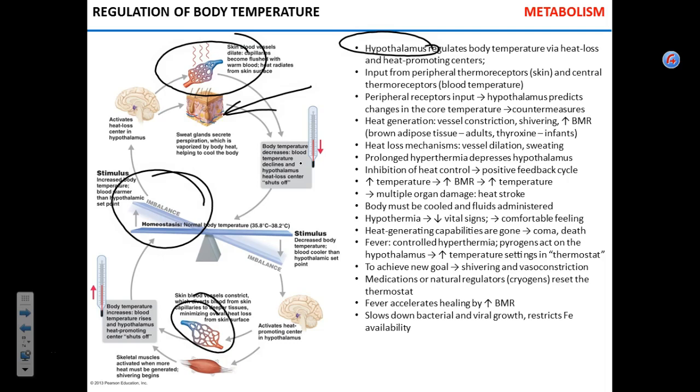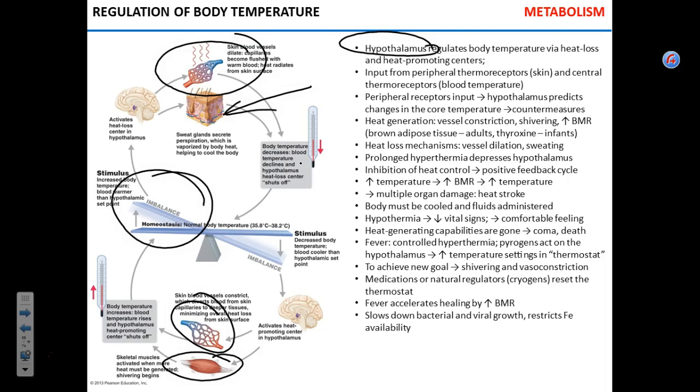your blood vessels constrict, your muscles start to contract. That's why, when you go for a run now, you can, and if you walk out, you will be freezing. But if you run vigorously, in a matter of minutes, you're going to be just fine because you produce so much heat. Does that make sense? And that's normal physiological regulation. Hypothalamus has the center.